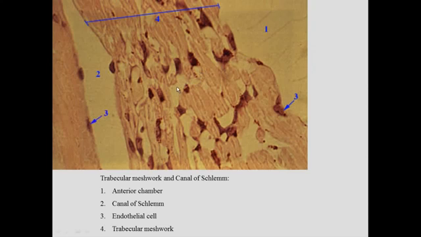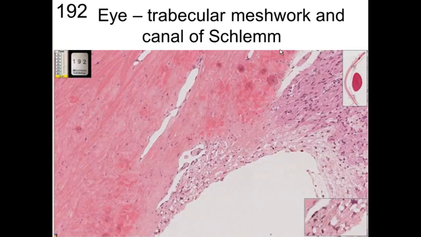Trabecular meshwork, this fluid here goes in through there and then finally goes through the canal of Schlemm is how it gets removed. So this is the trabecular meshwork which interacts with the anterior chamber. So here we can see the anterior chamber, this trabecular meshwork, and the canal of Schlemm, which ultimately will remove the fluid. So this is a source of removal of fluid, and the secretory epithelium on the ciliary process is the source